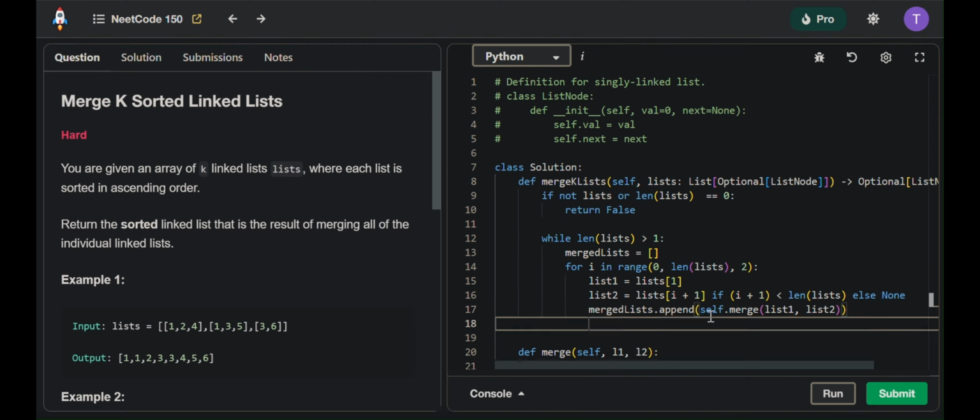Okay. And after all this, we are going to set the list equal to merge list. And you want to do this because after all these rounds,